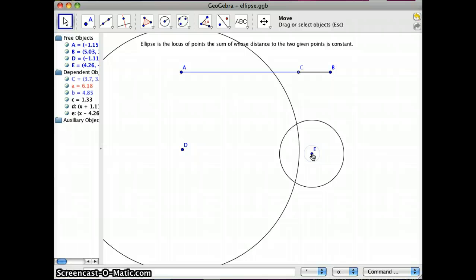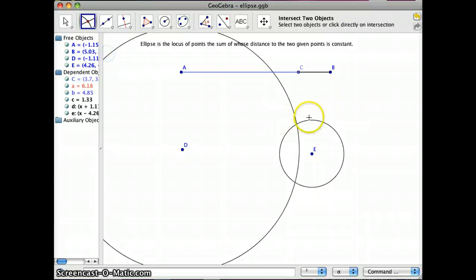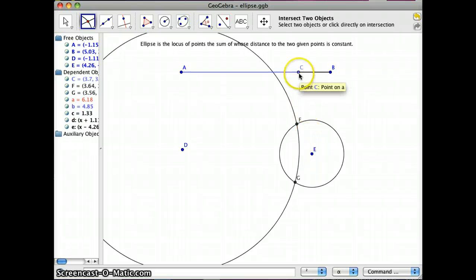So here's what I claim. These 2 points of intersection right here, let me actually go ahead and create the points of intersection. Intersect between that circle and that circle. Those 2 points, point F and point G, no matter how I move point C around,